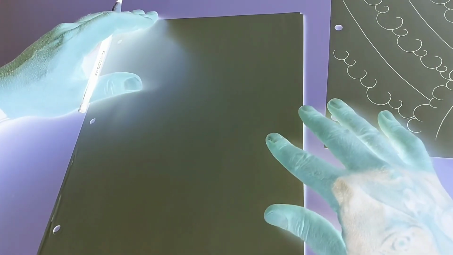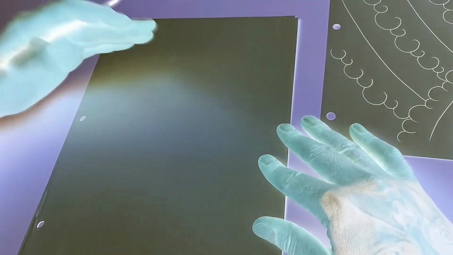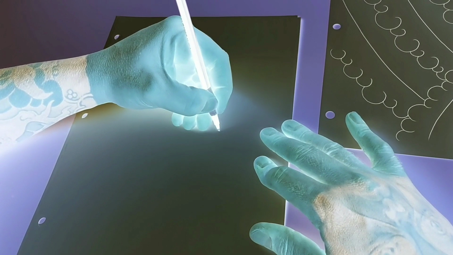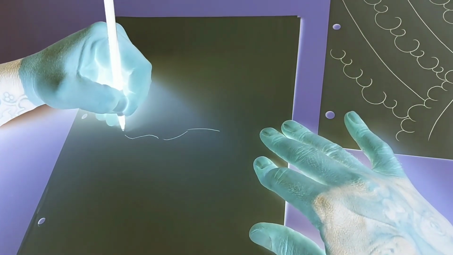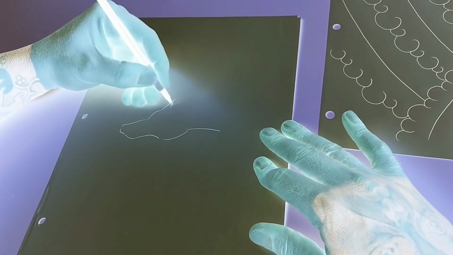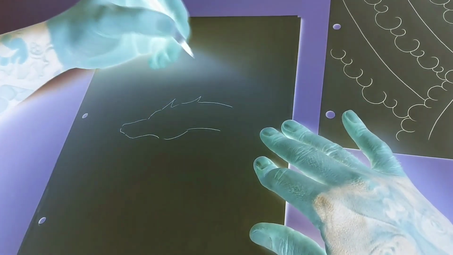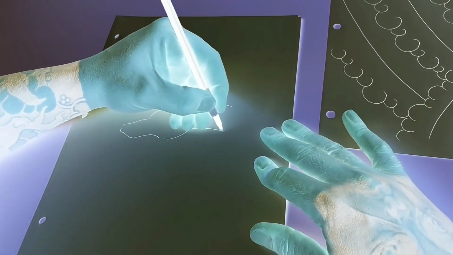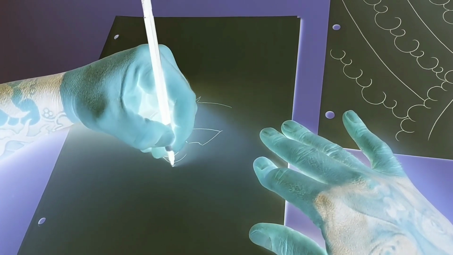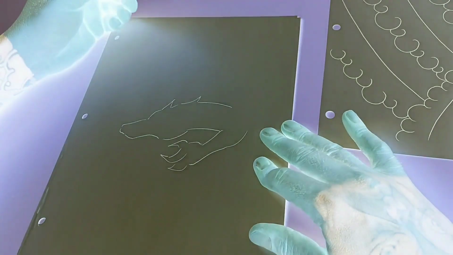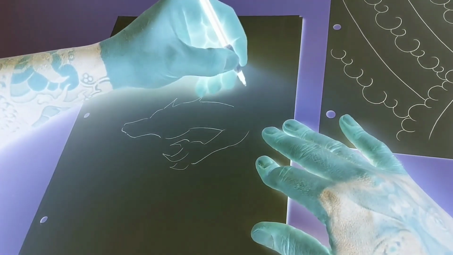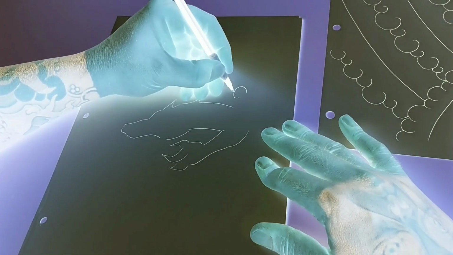So now I'm going to show you guys how to put clouds around a foreground object or a main object on the piece. So let's just sketch in a dragon head or something. Let's just say this is our dragon head or what have you, your object. Okay, so let's say this is your foreground object. You're going to want to surround it with the cloud, okay? This is how they do it traditionally.